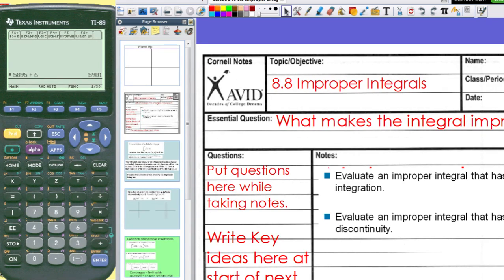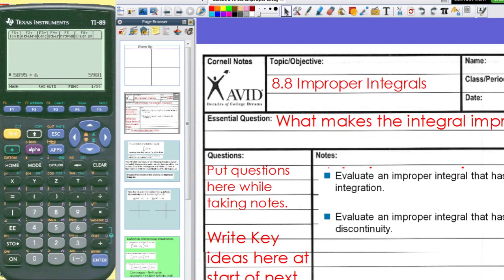All right, let's try this out. So I want to evaluate this one. So I'm going to rewrite this as, I just want to cross out a few things. Let's do that. White. And I'm going to cross off this infinity and write this as b. So the limit as b approaches infinity of the integral of e to the negative x. So the antiderivative is going to be negative e to the negative x from 0 to b,